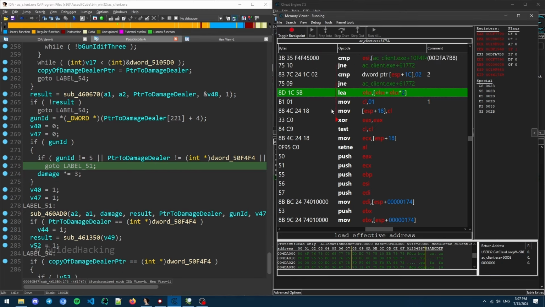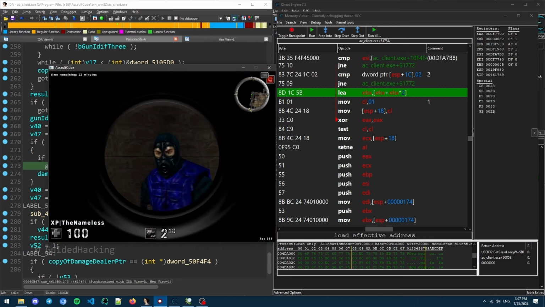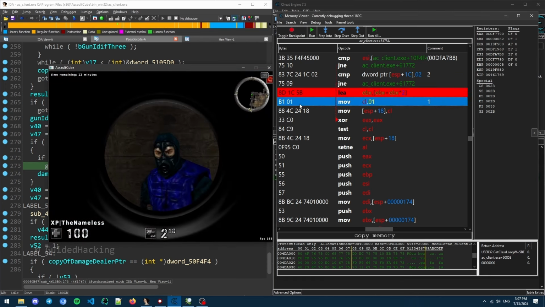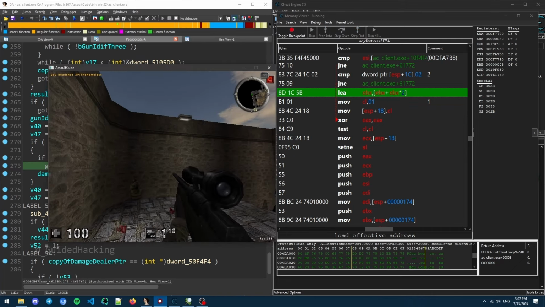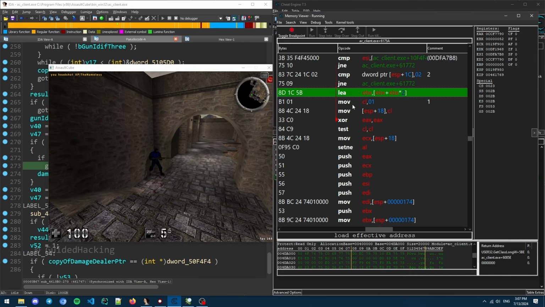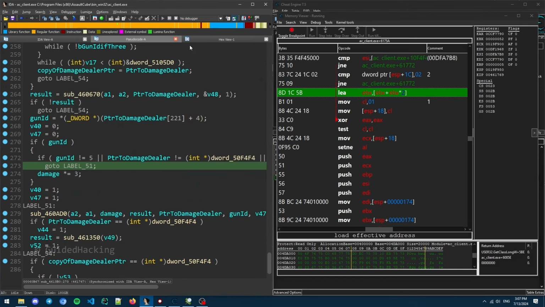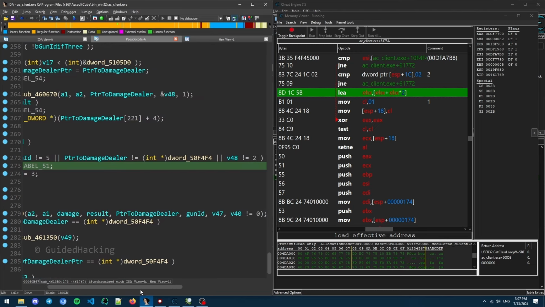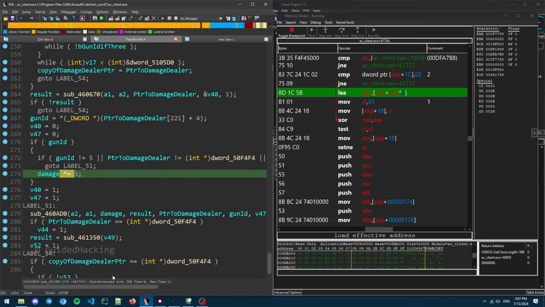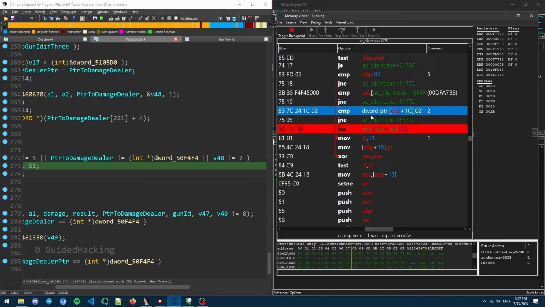I've already breakpointed this instruction, and I'm going to go back to Assault Cube, and I'm going to damage my entity. So we can see that if it's a headshot, it does indeed get hit. And if I click run and damage it again, it doesn't get hit. So our assumption that this is a headshot multiplier is probably correct. Now, what if we wanted to register a headshot, or we'll do this multiplication by 3, but we don't want